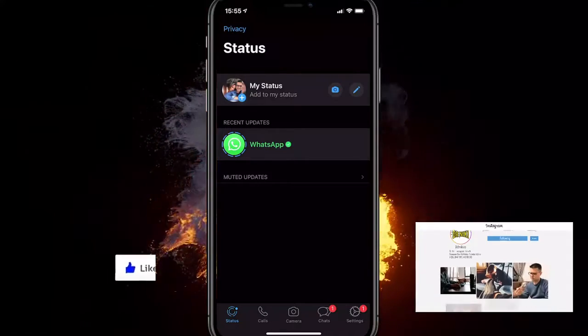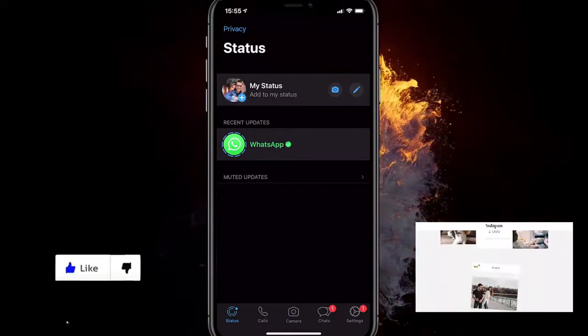Hey, in this video I will show you how to fix WhatsApp notification sound on any iPhone and on any